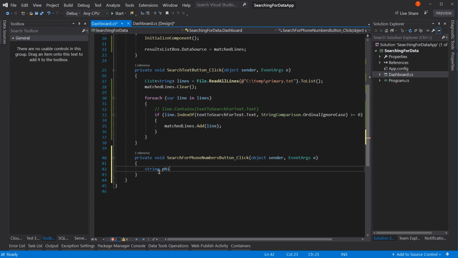We're going to say file text equals File.ReadAllText. Not read all lines, read all text. What that'll do is just put everything in one big string. And then the path